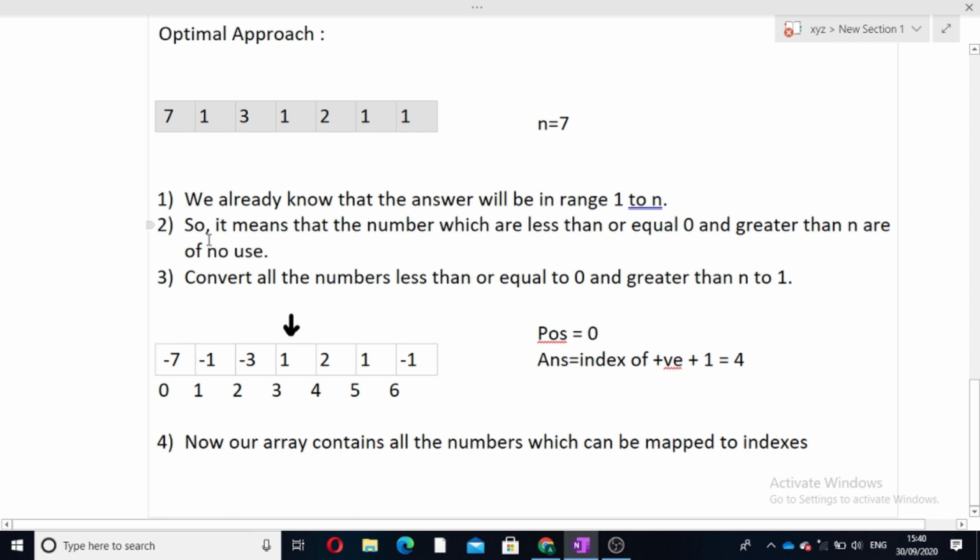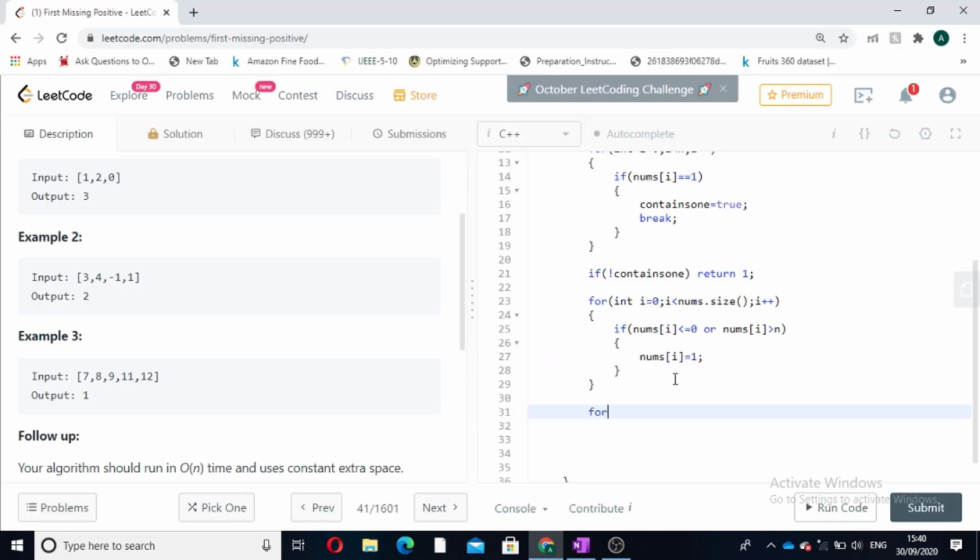Our next step was to iterate through the array, and at each position we have to look for the value, and for that value we have to find the index and make that value negative. See, now we have to iterate through our array. We will look for the value at that position.